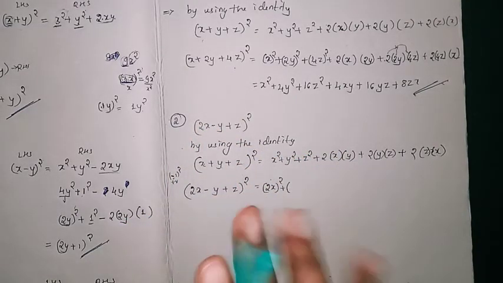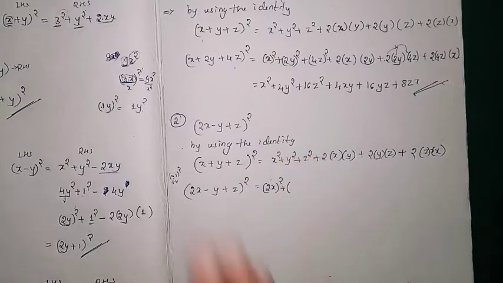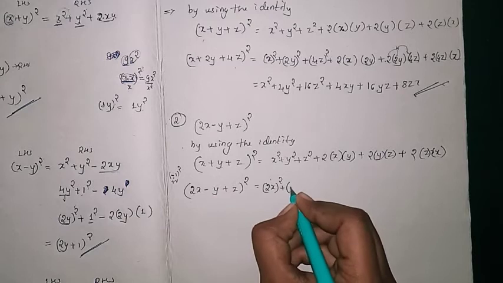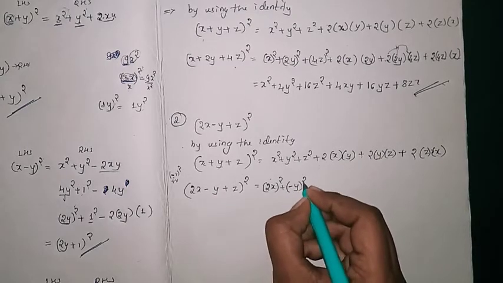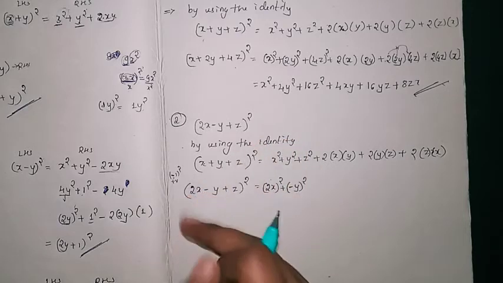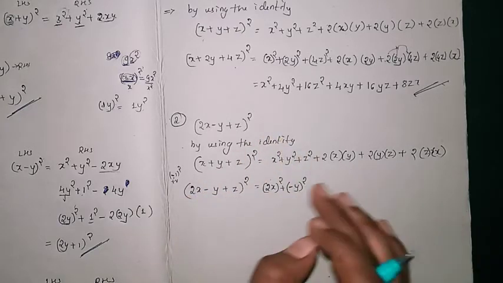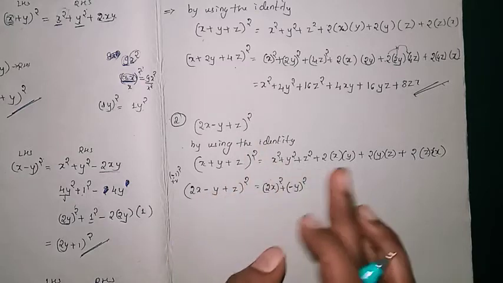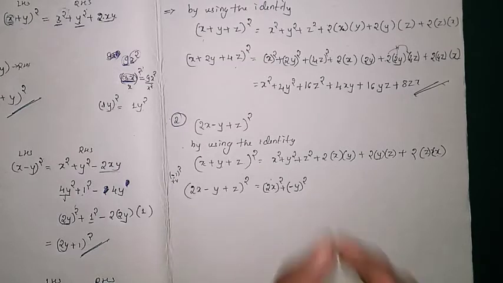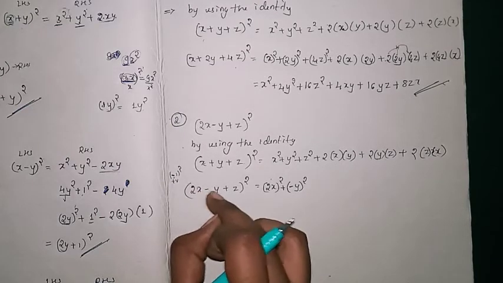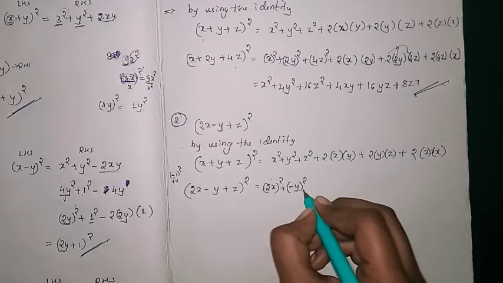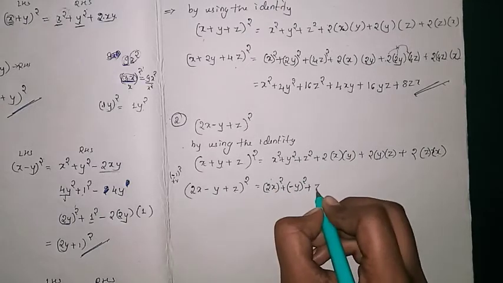So the first term square you have to write, and when you are writing the second term square, that time with the sign you have to mention. So it is (−y)². No need to worry, because we are expanding this formula, x² + y² + z², so no need to worry about the minus and positive. The second term as a whole you have to square, with the sign, whenever it is negative. So (−y)². The third term, that is z².